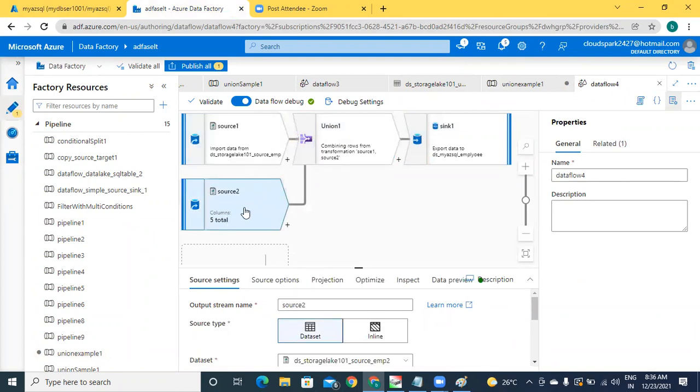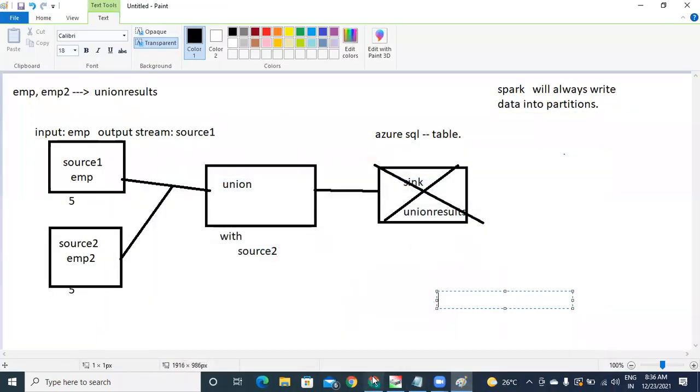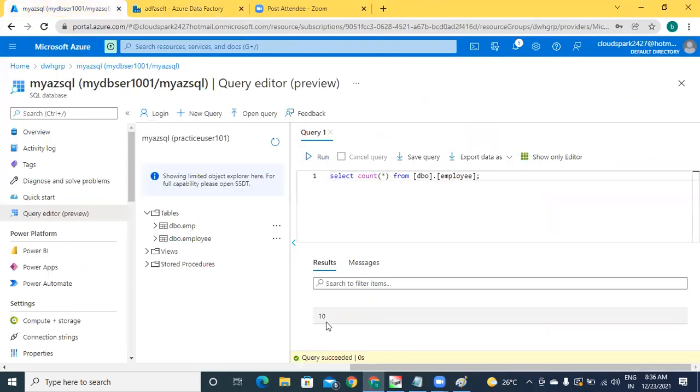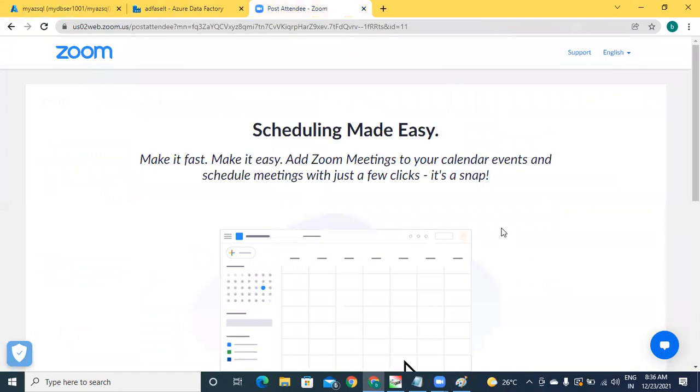Totally 5 plus 5, how many things are expected here? 10 rows are expected here. Okay. So finally, if you check select count of star from your portal, you will get 10 rows. Because manual checking, if there are 10 rows, you can check it. If there are millions of records, you cannot check it. That's why based on the count, you just validate them, whether loading happened perfectly or not. Okay. So this is simply the union process.